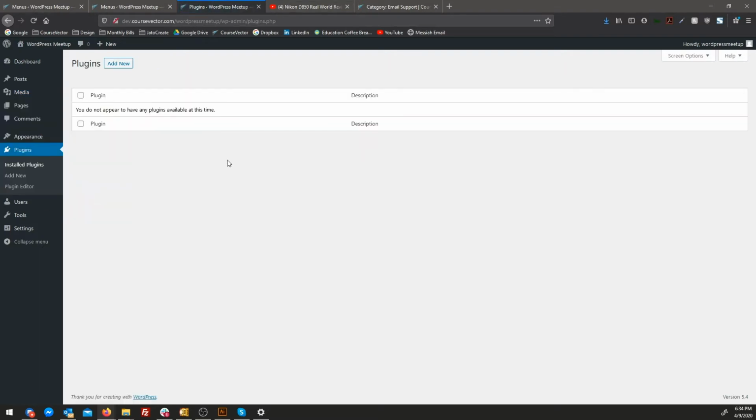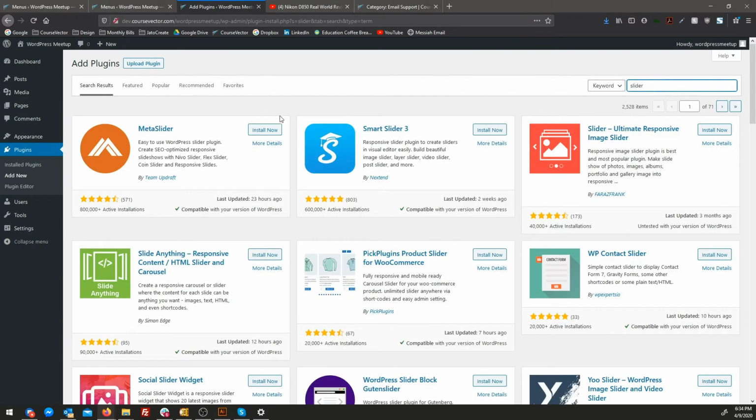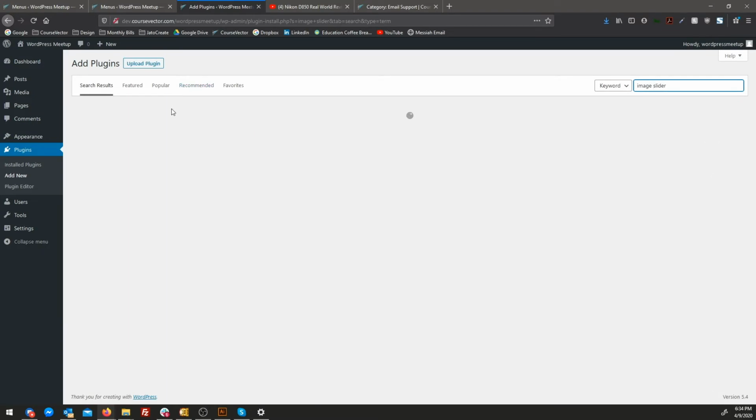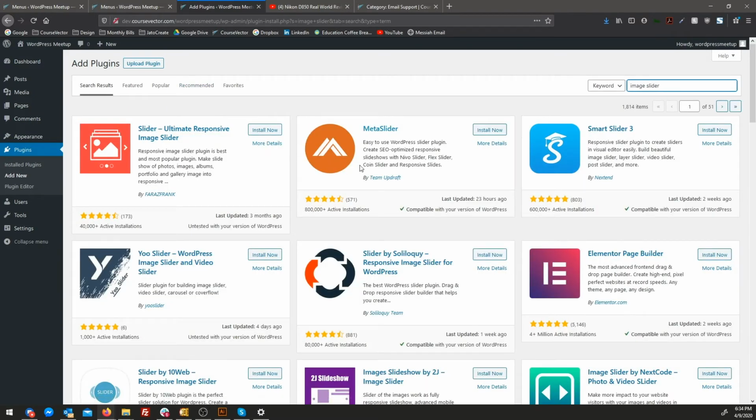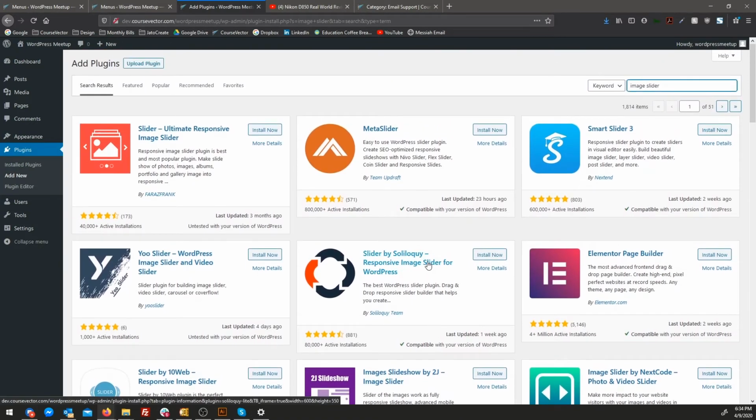So plugins, like I said: iPhone, there's an app for that. Plugins, there's a plugin for that. So if I want to add a slider to my website, an image slider, I'm just going to search slider or image slider. And there's tons of options out here, as you can see. Now, you have to be careful because just like the iPhone App Store, a lot of